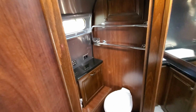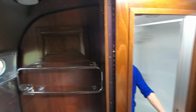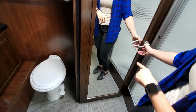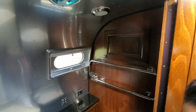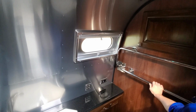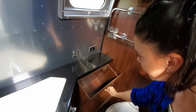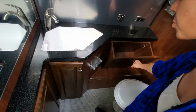This bathroom feels like it's inside of a house, and I love this full-length mirror to use. That's something that some RVs either have it or they don't, and this definitely has it, where you can get a full-length mirror and really check yourself out. This bathroom is incredible. Towel heaters, that's amazing. You get a storage cabinet back here, storage cabinet, cubby there, a little slide out drawer, tilt out drawer,